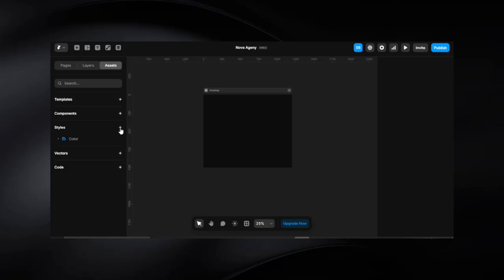So I'm clicking over this plus icon over here like before, and instead of color, this time we will choose text. You can see over here there are already some presets, but I'll use my own presets. So just naming them H1. What I basically like to do is add all headings, body, and other presets